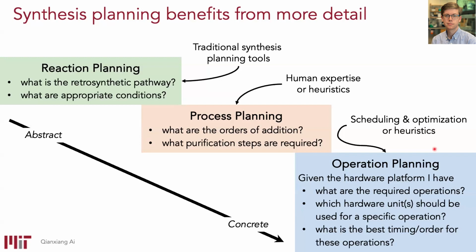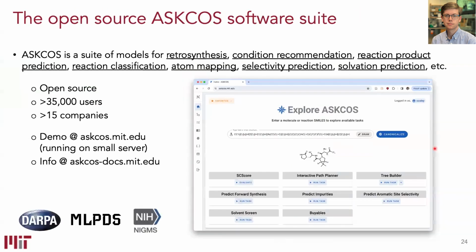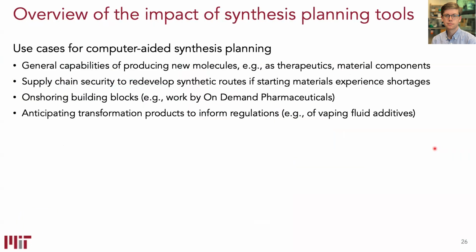And the databases didn't tell us to use a round bottom flask or a vial or a well plate. We have to make some decision about what the physical hardware is that we want to use. And this, of course, will have implications for automated laboratories that we'll talk about a little bit later. But overall, we're at this nice state in the field where we do have these tools that can plan synthetic routes to many molecules that are on the simpler side. And they can give you suggestions for how you might produce them quite quickly in this nice open source ecosystem.